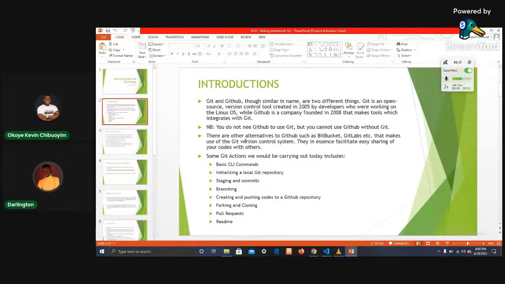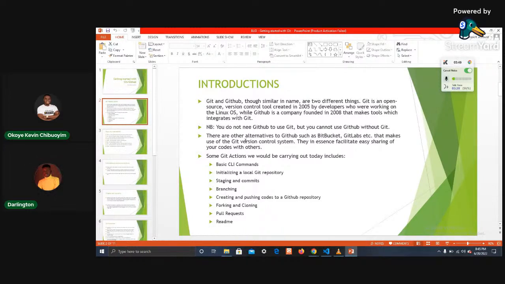Before we start, I would like to show us the differences between Git and GitHub. A lot of us are new to the whole development space, and thus far in the BlockchainUNN development group chat, we've mostly been using GitHub. I remember when we talked about Git, someone was asking, okay, I installed this and that, why should I install Git again? Git and GitHub are basically very different things, though they are similar in name.